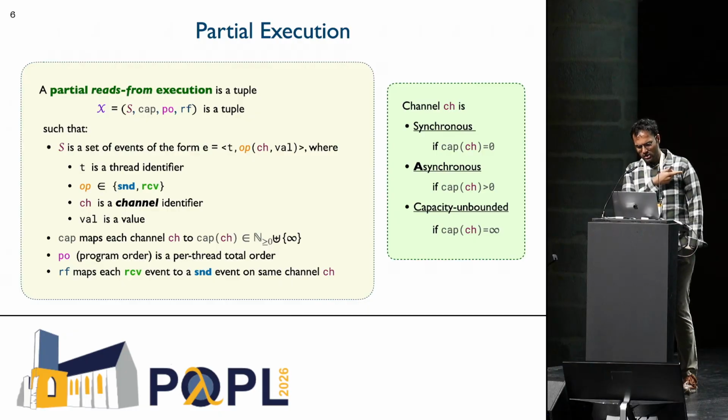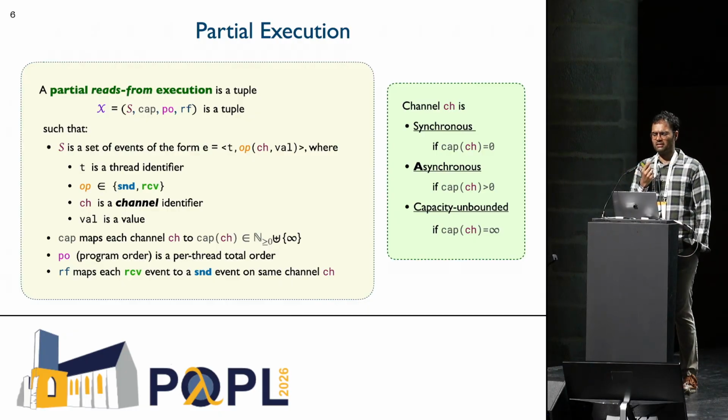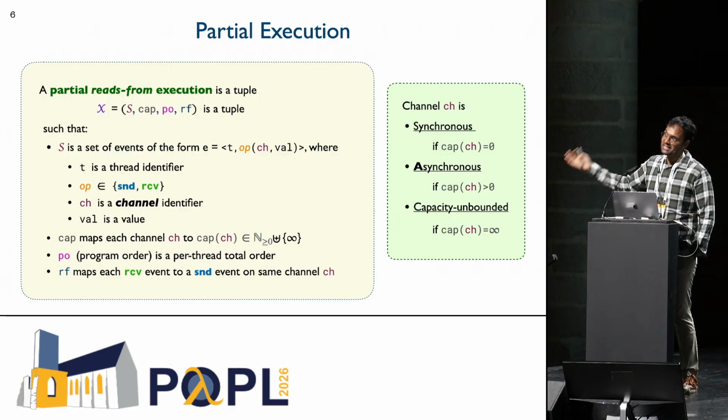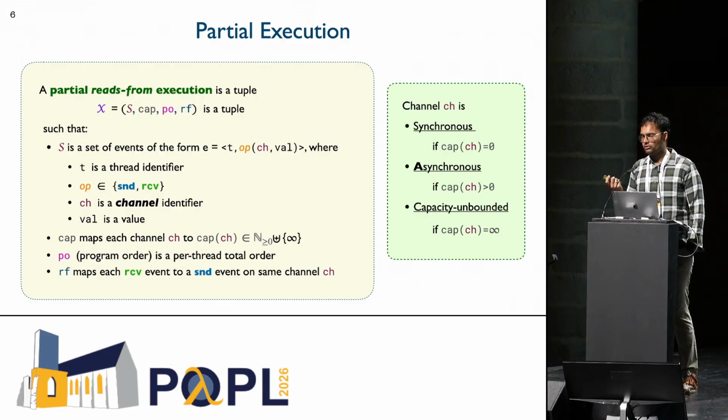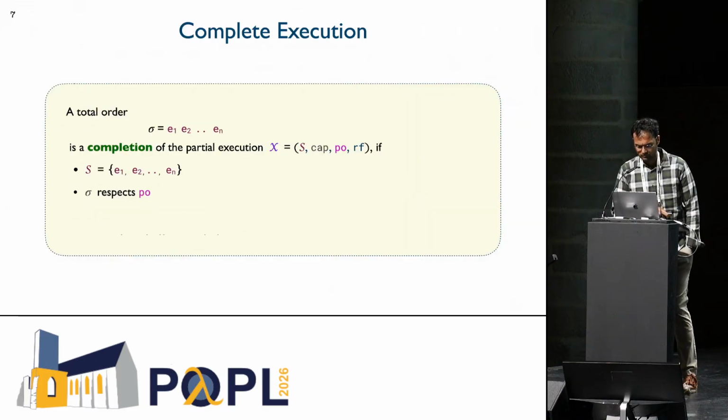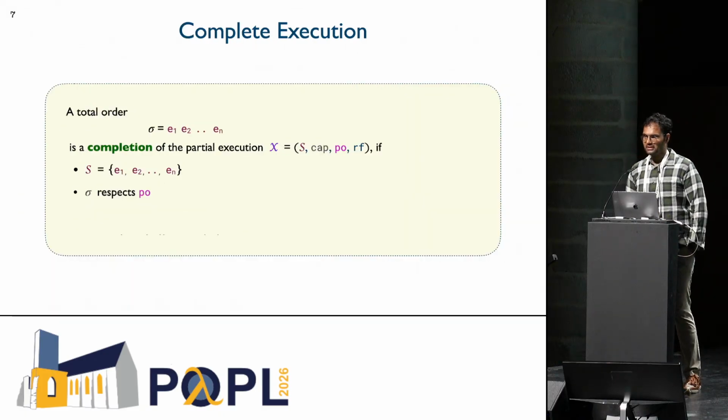And some terminology over here: if I have a channel, then I call it a synchronous channel if its capacity is 0. A language like Go allows you to communicate through synchronous channels, where the semantics is that if I decide to send over a synchronous channel, then the receiver must immediately be available. Likewise, channels are asynchronous or non-blocking if you can send one or more messages and move on. And finally, Go also allows you to have channels of unbounded capacity.